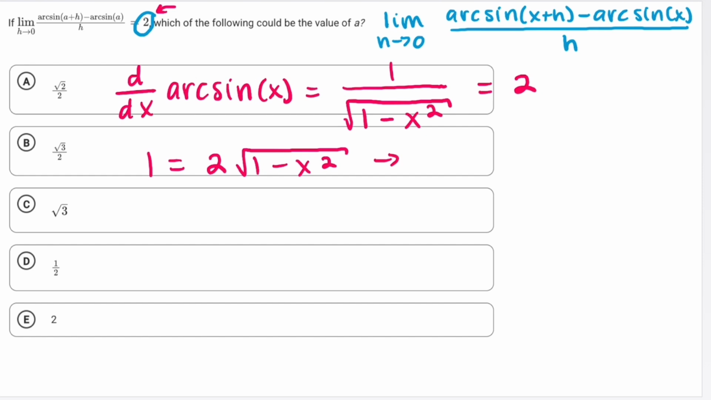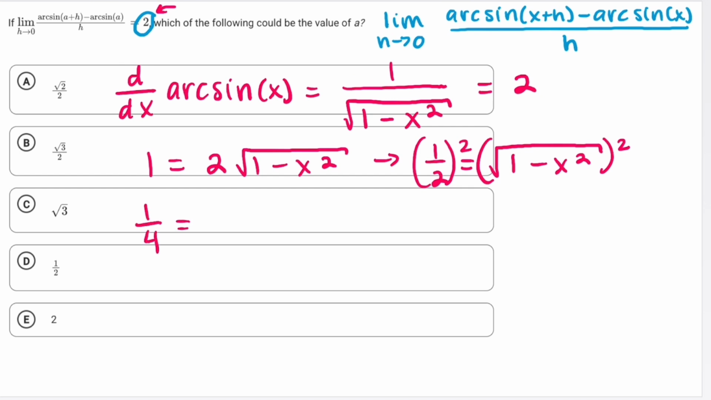So I'm going to have 1/2 is equal to the square root of 1 minus x squared. Then I'm going to square both sides, which would get rid of that square root. So I would have 1/4 is equal to 1 minus x squared. And I'm going to subtract 1 from 1/4, which would give me negative 3/4